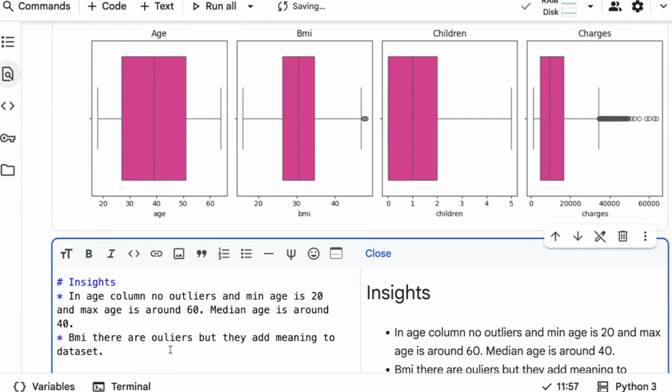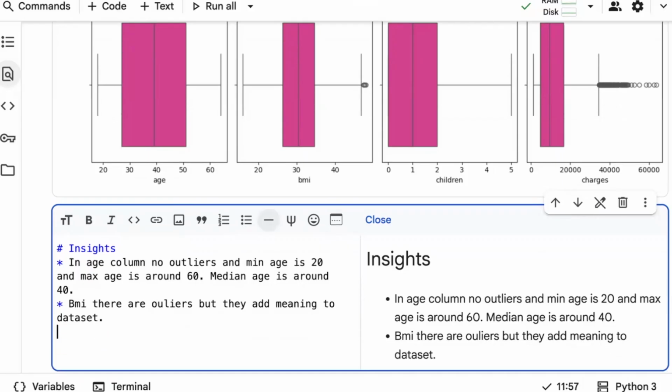They are adding some meaning to the data set. There can be people with high BMI as well, right? We cannot say that it's an outlier. Some people can be fat, when somebody's weight is high, obviously the BMI will be more, and we cannot consider everything an outlier. Because even if it shows a circle, it's not an outlier, because it's within a proper limit range. Okay. All right.